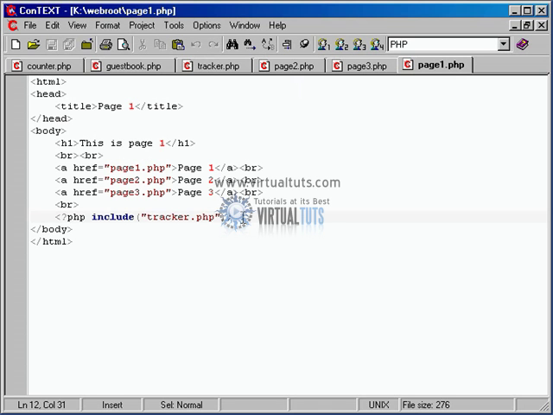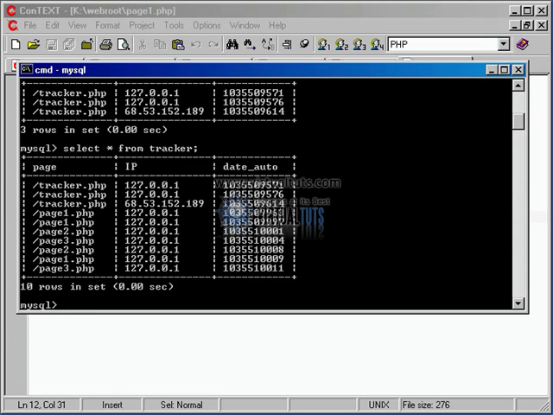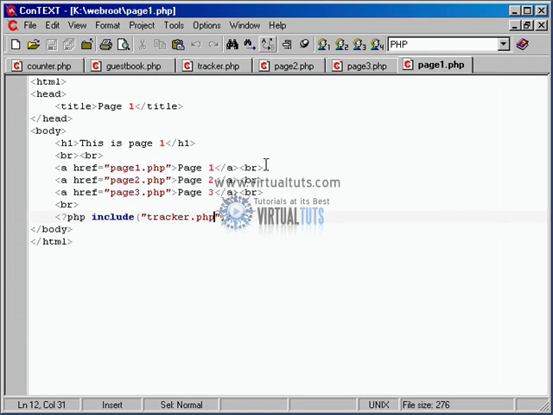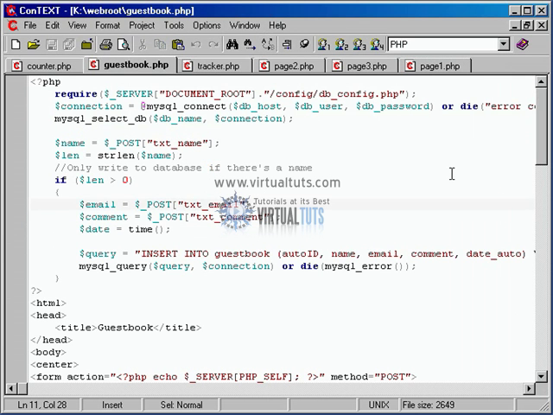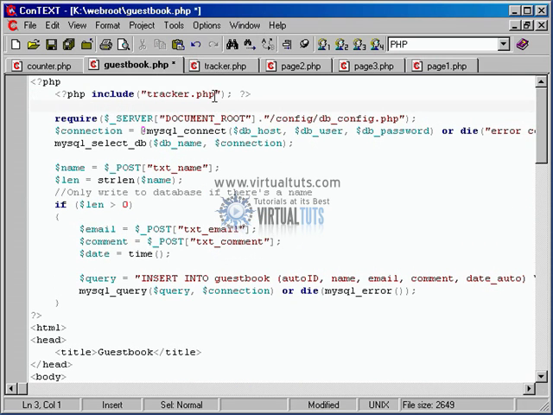So that's as far as what the user would see, that's a working system now. So quickly, even though we haven't done the results yet, we could show how fast we could bring the guest book into the whole thing. If we want to start tracking the guest book real quick. Yeah. We've got these page 1 through 3. Let's go ahead and make the guest book track as well. This just really goes to show how efficient this is. All right, we want to add stat tracking to the guest book. Let's go ahead and just do that first. Just include that tracker.php real quick. Save the guest book and